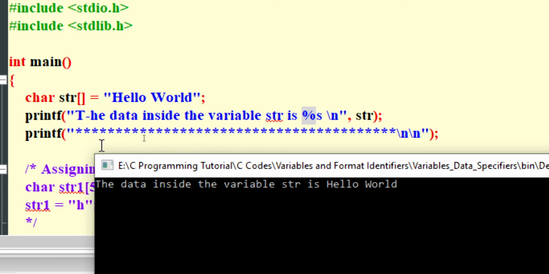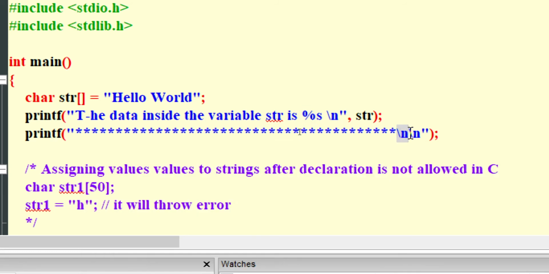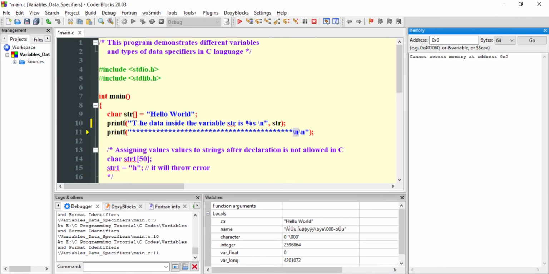Now after that I am going to print a star and then \n, which gives one enter, or you can say one line break between the next two lines. So I am going to enter that value.